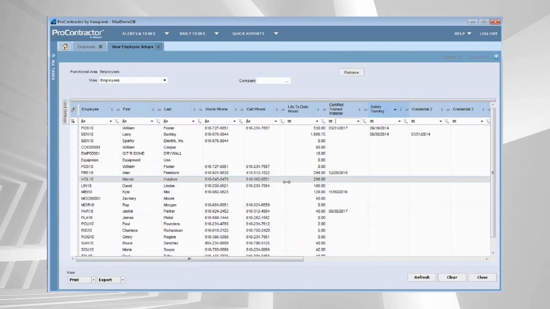So two things are accomplished here. Number one, I get rid of an Excel spreadsheet that I have to go in and update and manage outside of my system. And another nice feature of this is now I don't have to go through each employee, pull up each employee, and look at that field. Just come into your logs, do the sorting, do the filtering here to find those employees that hit those credentials so that you can make sure you're sending the appropriate people to the appropriate job site.